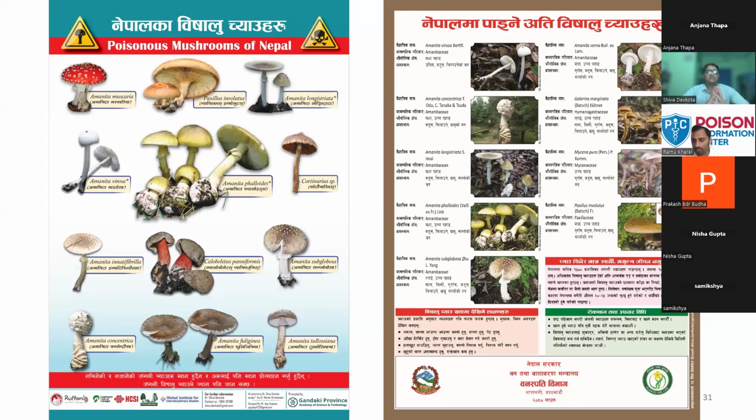In these pictures, if you look clearly, most of the poisonous mushrooms are Amanita. Apart from Amanita, there is Galerina marginata, this one from Manang, and this is Mycena pura, which is very common everywhere. And this is Paxillus involutus, also very common everywhere. So apart from Amanita, there are also a couple of other mushrooms, but whenever I visit rural areas, I always used to tell people,